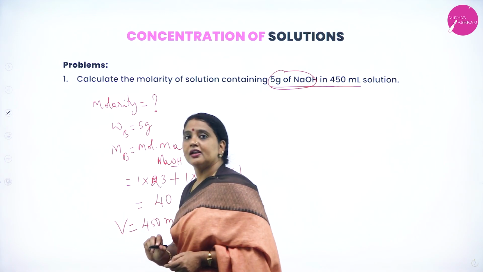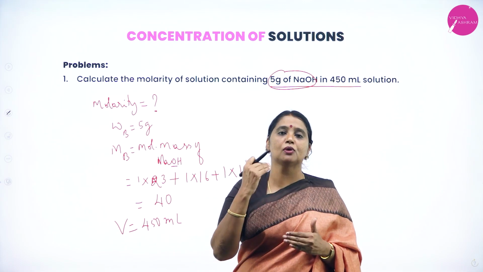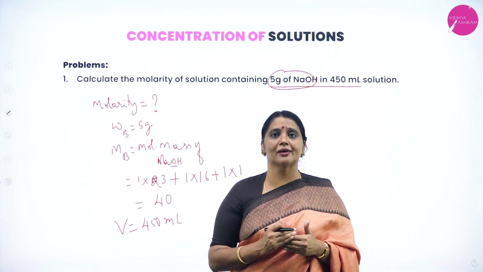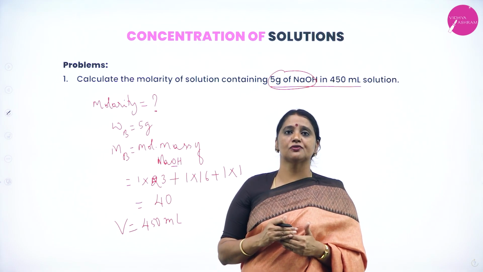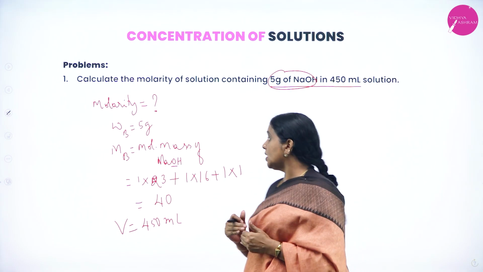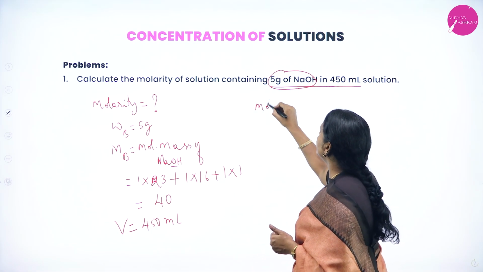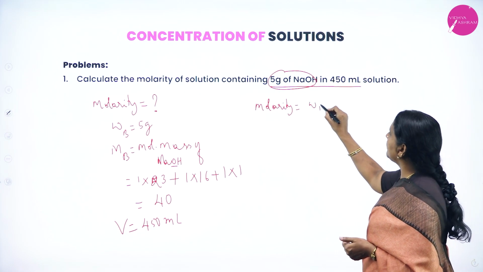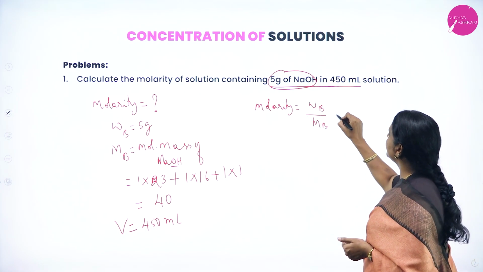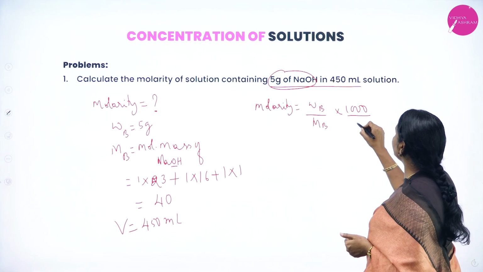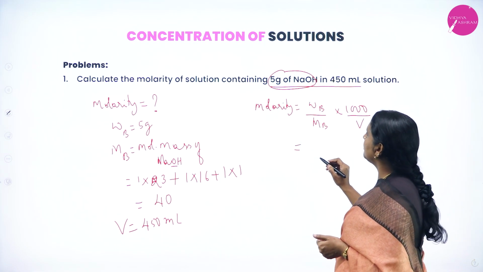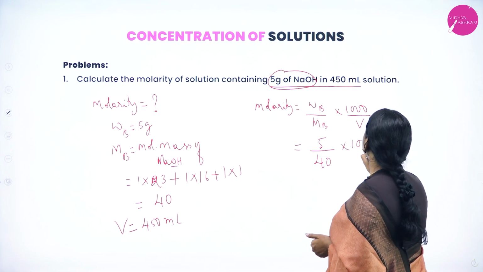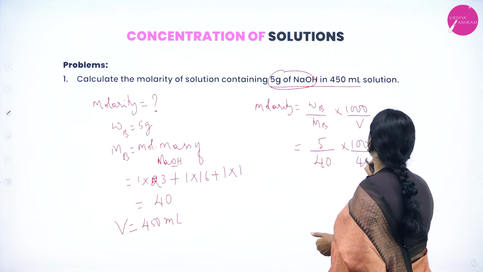My dear student, remember some of the important molecular masses. For example, if in the exam it gives sodium hydroxide, what's the molecular mass of sodium hydroxide? 40. Now you have to calculate molarity. Molarity is equal to WB divided by MB into 1000 divided by V. WB is 5, MB is 40 into 1000 divided by